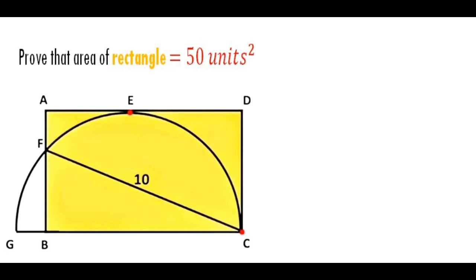Now prove that the area of the rectangle is 50 units square. So to do that, first of all, the rectangle is ABCD. One thing you know is that all the angles of the rectangle are 90 degrees. So if we let this angle at C be angle phi, then you see we have triangle CBF